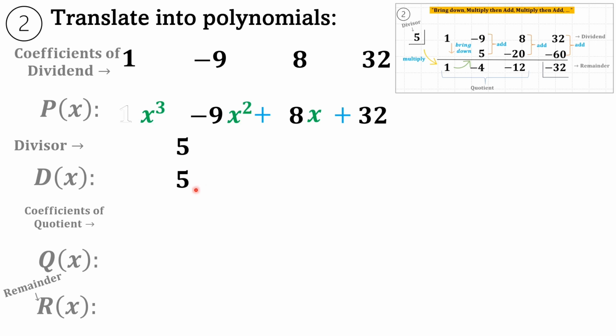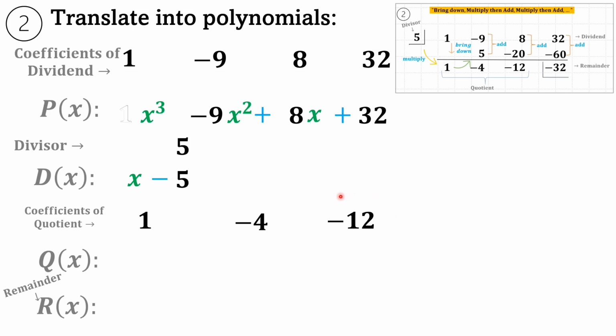Change the sign, and then how to determine the degree of the divisor. Start with -5, that is x raised to 0, and then x raised to 1. Next, coefficients of the quotient from the SD: 1, -4, -12. Again, there's no positive here. Let us proceed